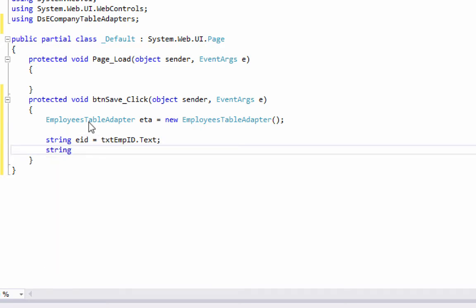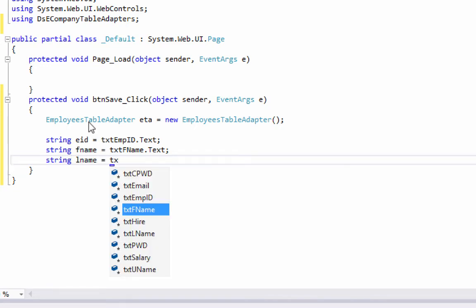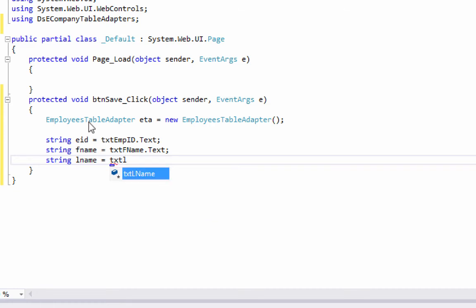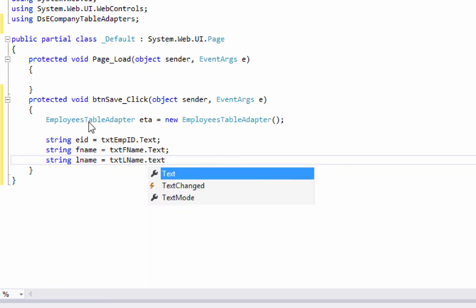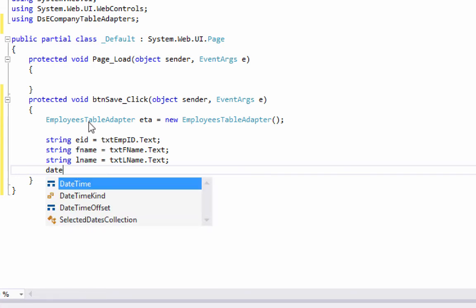Then we have the first name, which is stored under the first name, last name, which is stored into the last name, and we have this hire date, which is date time,